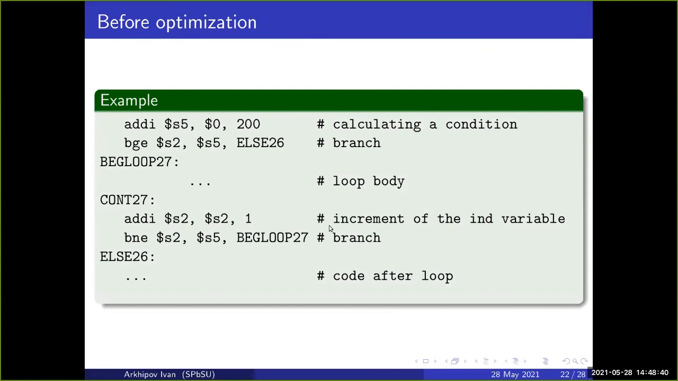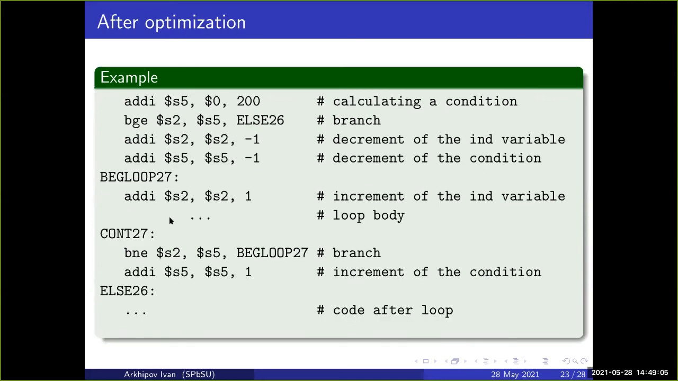Okay, here we have an increment of an inductive variable. It uses register S2, and the branch command uses register S2. So GCC can't rearrange these two commands and fill the delay slot. So we organize the cycle this way. We put the increment command at the beginning of the loop body